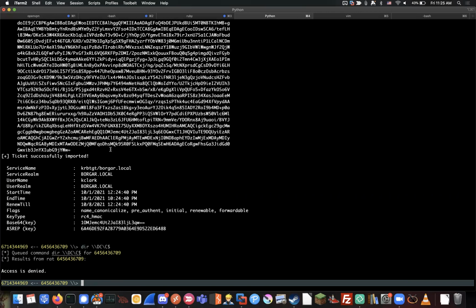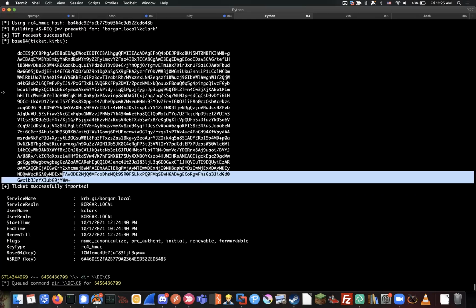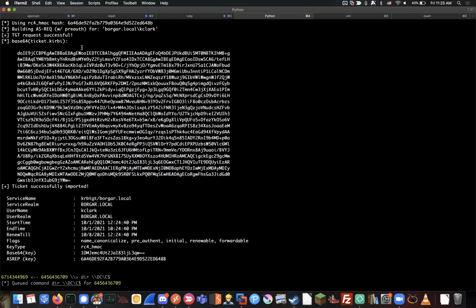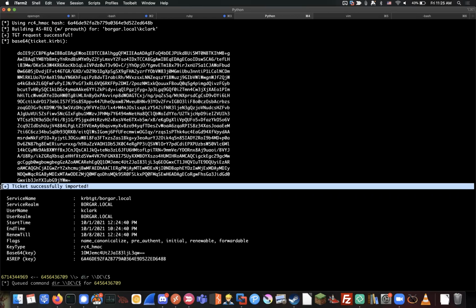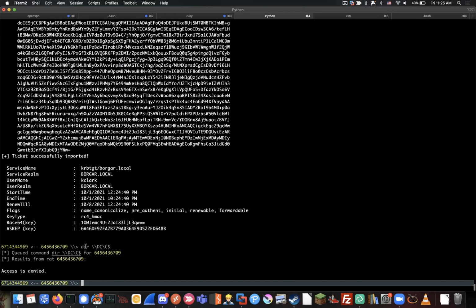In any other situation, if you're not in session 0, what we just did would work, where we get a new ticket and then we pass the ticket into our logon session, and then we would be able to access network resources as if we were the user that we requested the ticket for. But we're in session 0, so it doesn't work, I guess. This is the only thing. So the workaround for this is to do